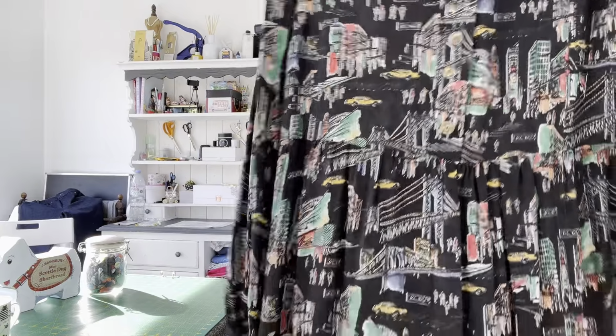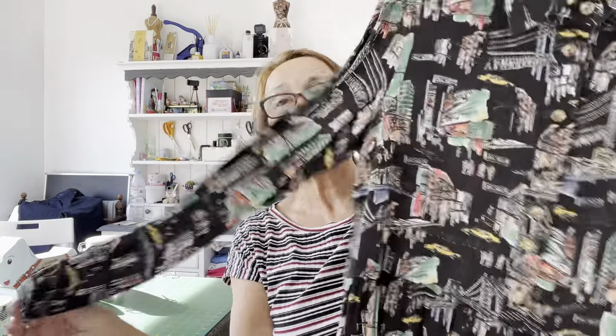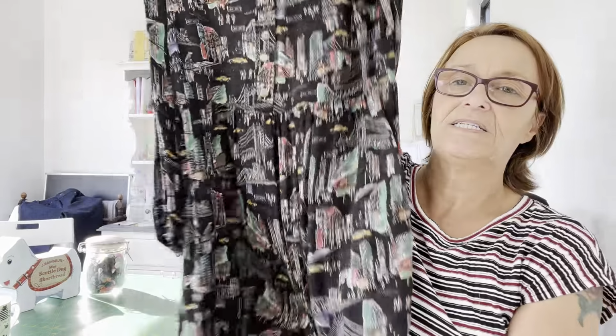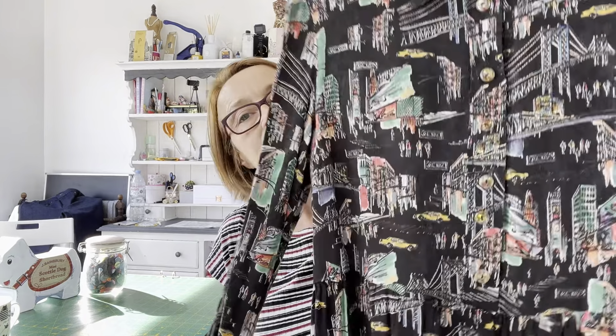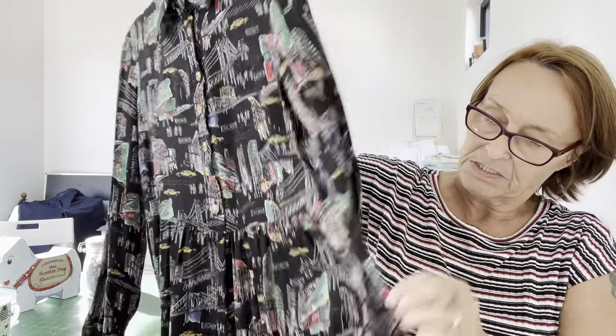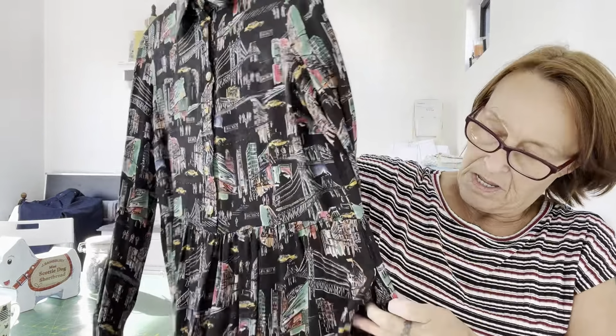And that is my second Lyra dress. Again, nice long sleeves. What I love about them, they're elasticated. You can pull them up if it's nice and warm. And this definitely looks fab with just a pair of flip-flops if the weather's nice, or a pair of sandals, but flat chunky boots, black tights. I've even worn it with a polo neck jumper underneath, did I wear this round about January, February time, and it's got pockets. It's a very nice swishy little number. So the Lyra is a definite